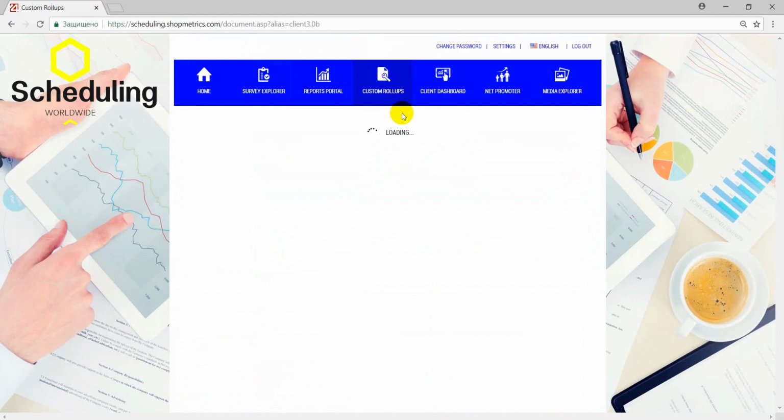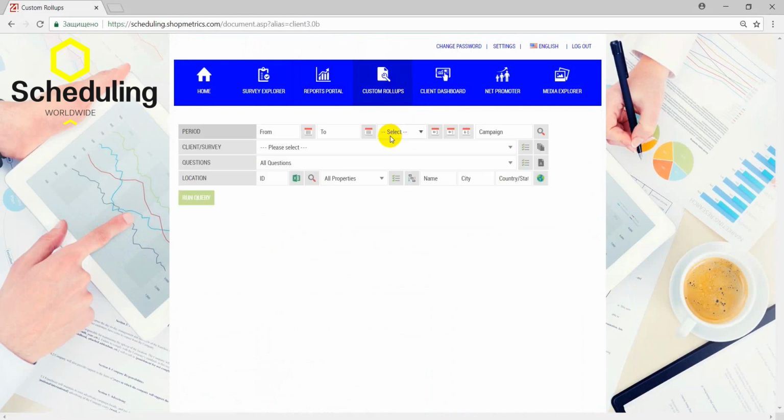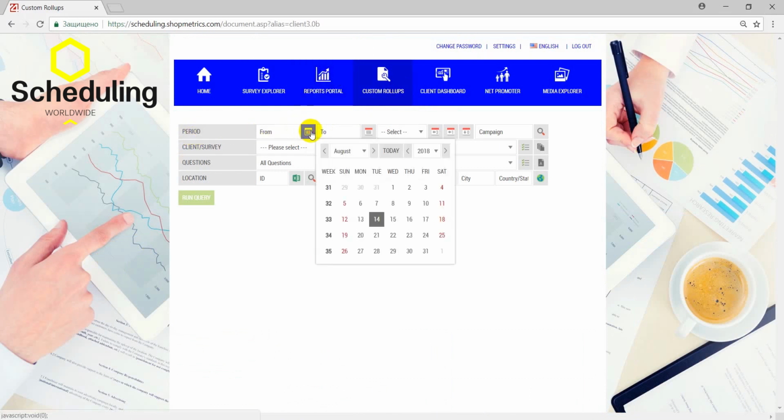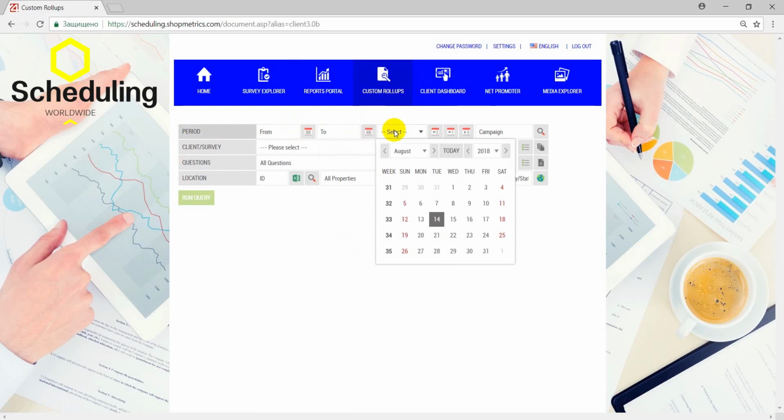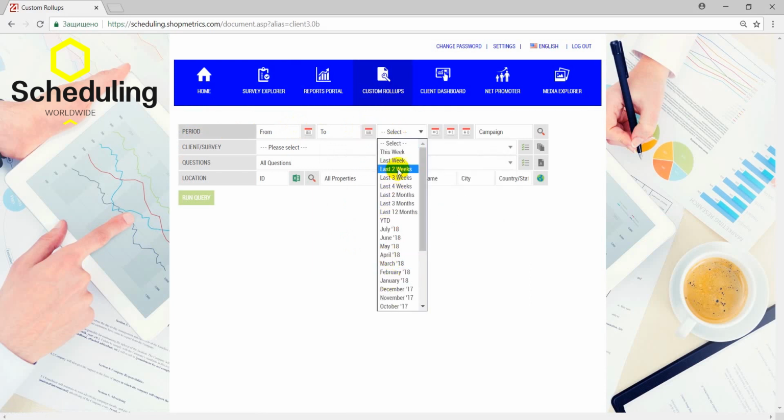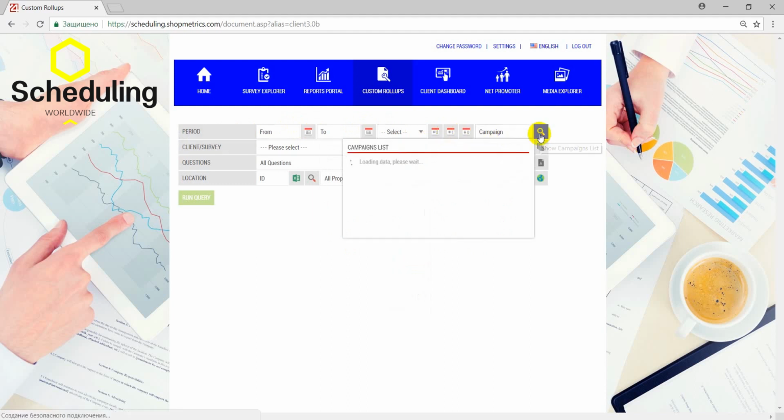The next step is custom rollups. It is a very convenient step because if you need some information which is not presented here, you can download it by yourself. You need to choose period, from which date to which date, to select the period from the drop-down list, or to choose last 3 months, last month or this month, name of the campaign,